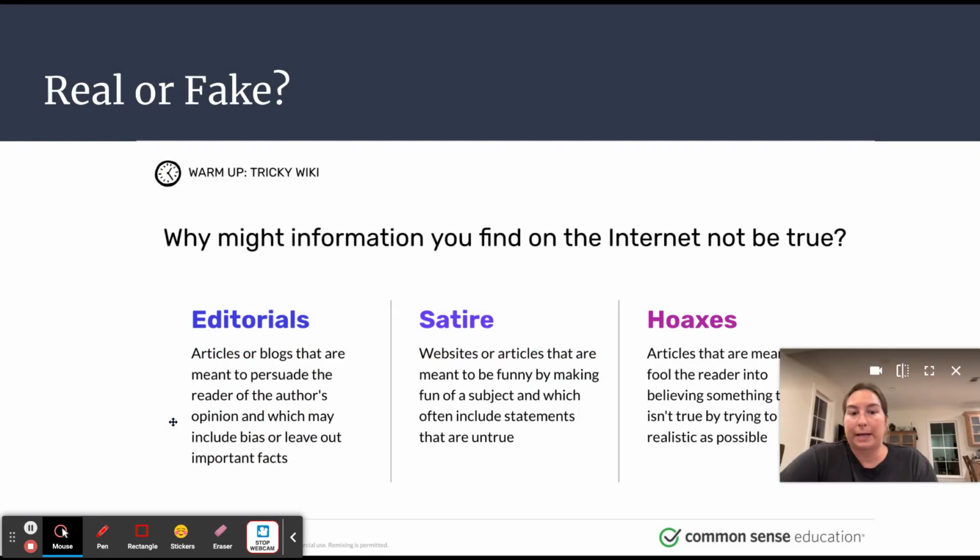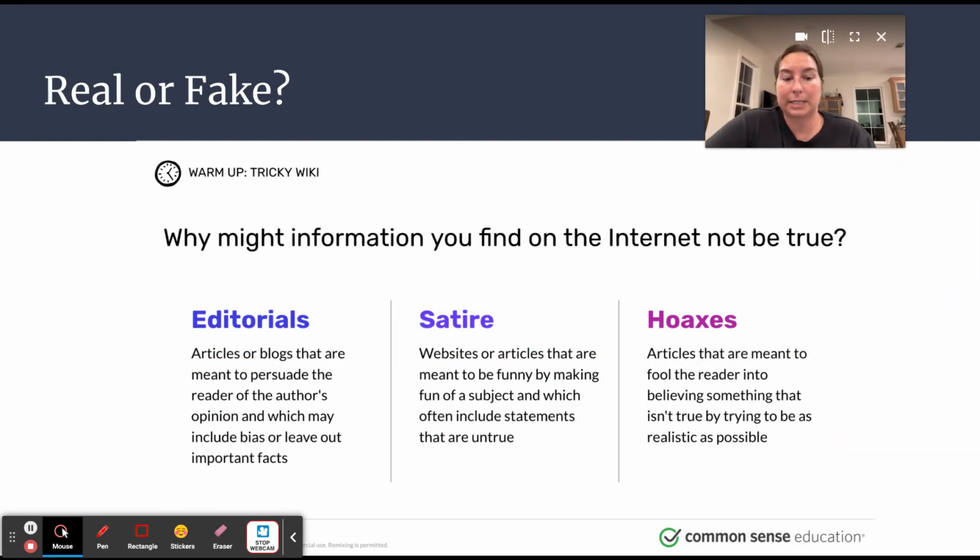So, real or fake? I love this again from Common Sense. It says, why might information you find on the internet not be true? A lot of times you'll find editorials, satire, or hoaxes. I saw a hoax the other day where somebody said that a movie star had passed away. You'll see that a lot.